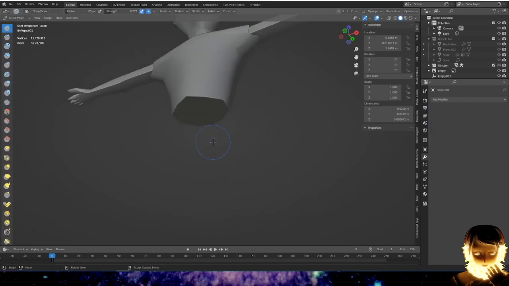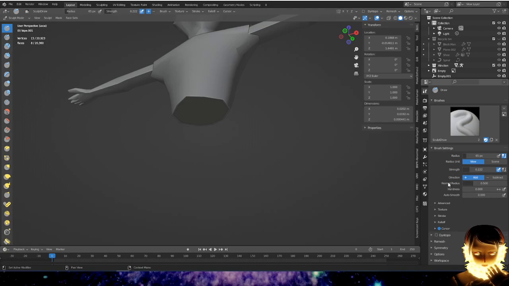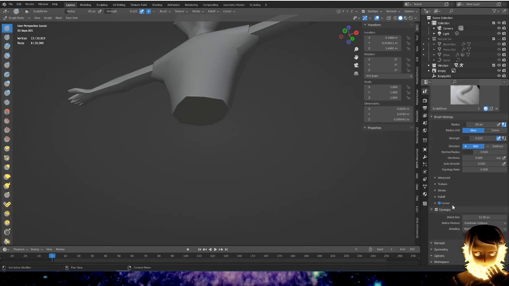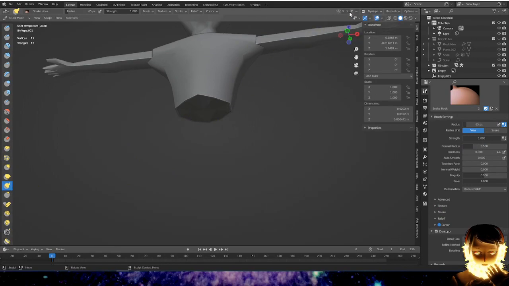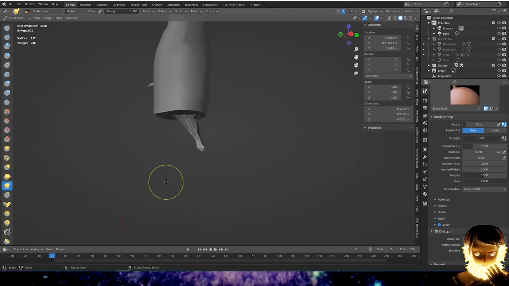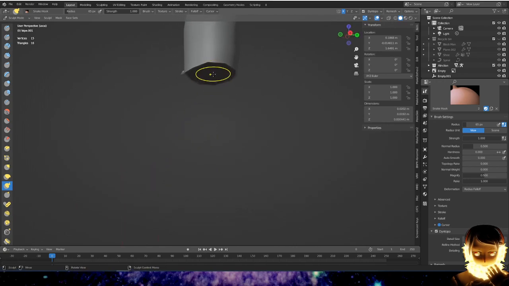Go into sculpt mode. I'm going to enable dynamic topology. And I'm going to get the snake hook tool with X symmetry on. So you can see like